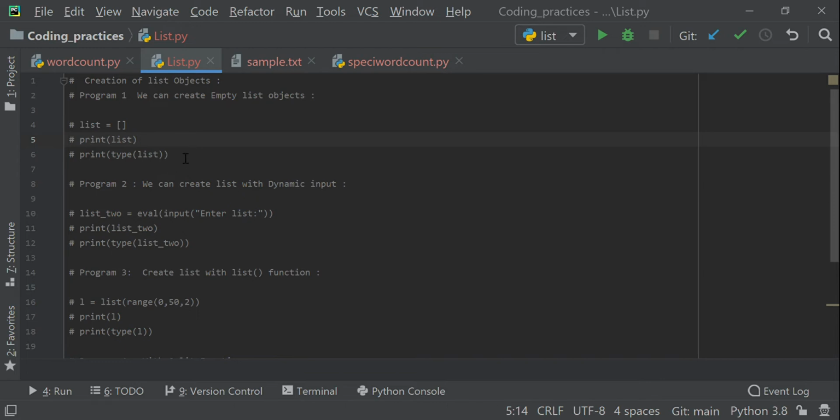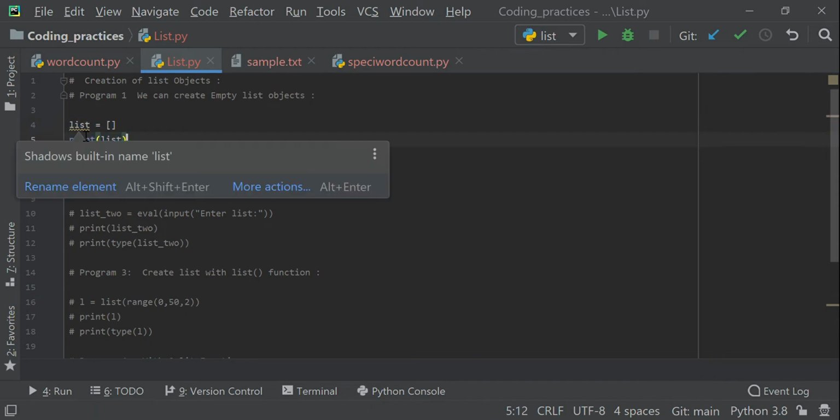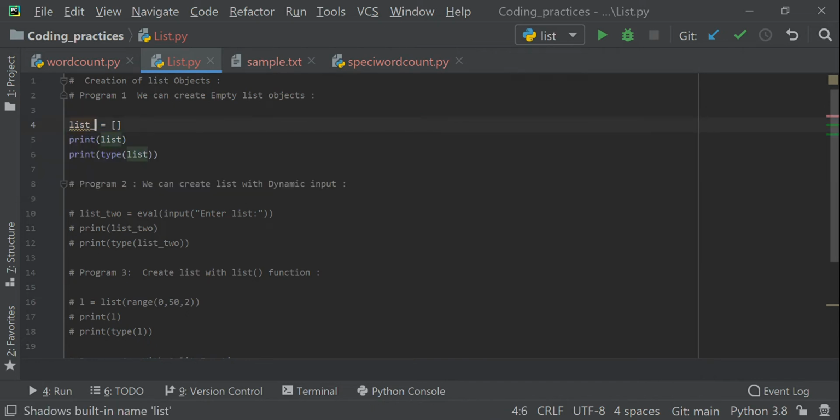Okay, so first, program one is how we can create an empty list. So how can we create the empty list? We'll create one variable. I'll just give the name like list_empty. In the last session we said that in a list we can declare within the square bracket, right? So here we created one variable. The variable name is list_empty, and that variable is assigned to the empty square bracket, right? So now we'll print what value it will display,